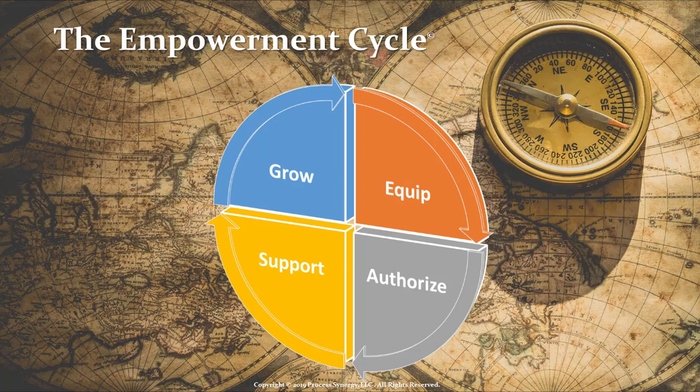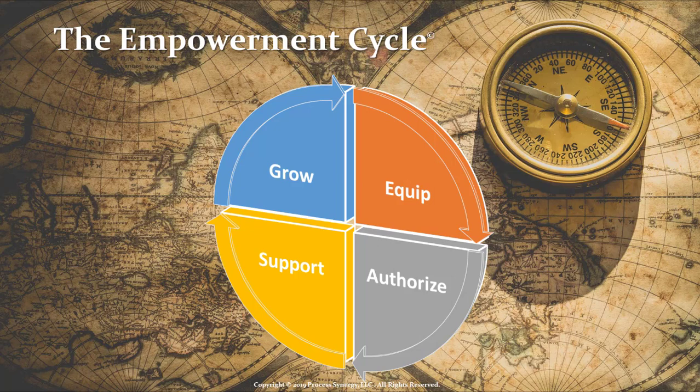Now let me repeat that. It's the repetitive, iterative, full-cycle process for enabling people to incrementally increase their autonomy so that they can independently and responsibly achieve their goals. It's an iterative process because you are not empowering them once for everything they will do for the rest of their life. You are empowering them to handle the immediate task at hand.